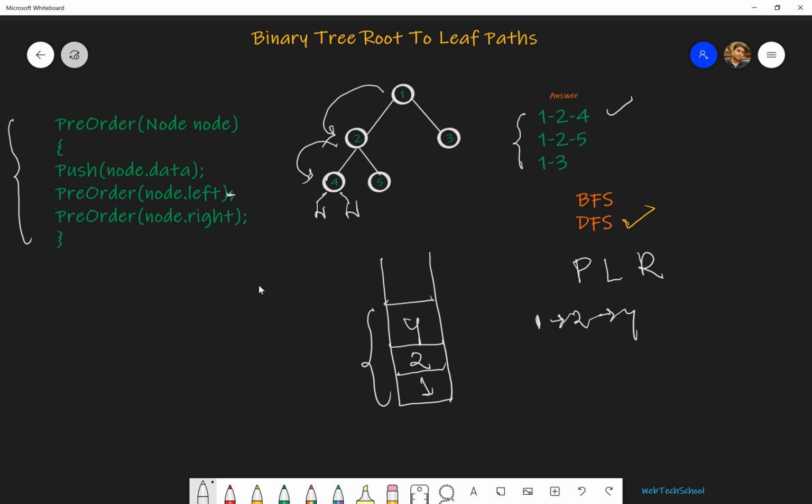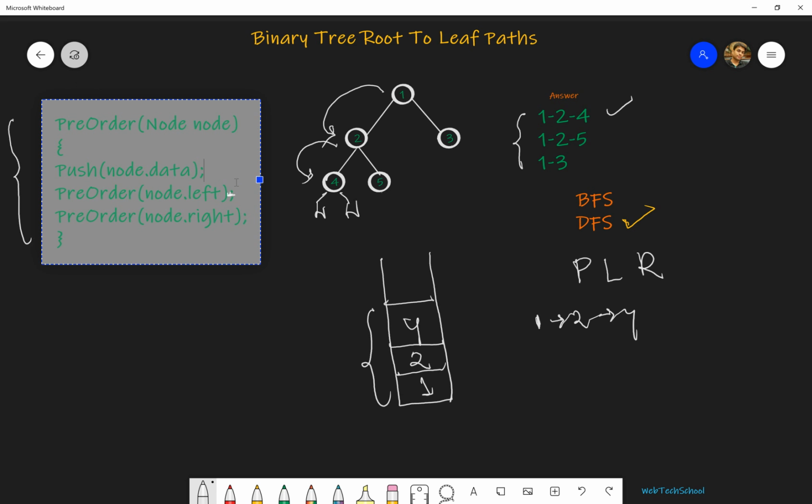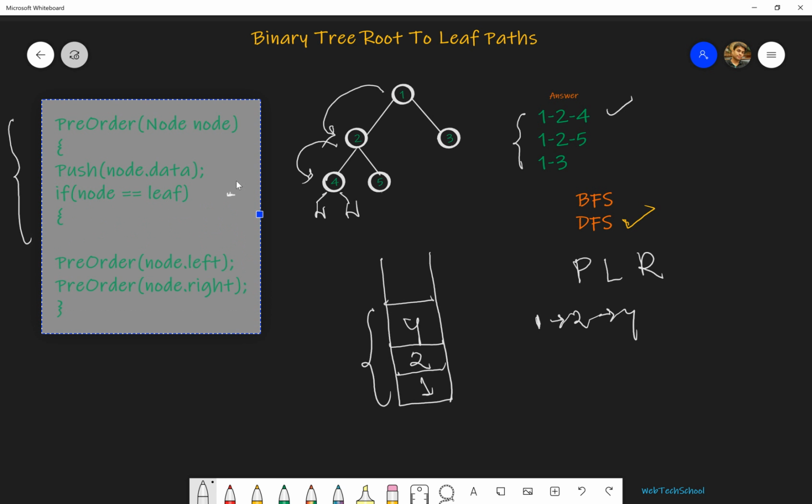So in case we encounter a leaf node, we are printing the stack. Let's modify the algorithm: if the node is a leaf, then print the stack in reverse.